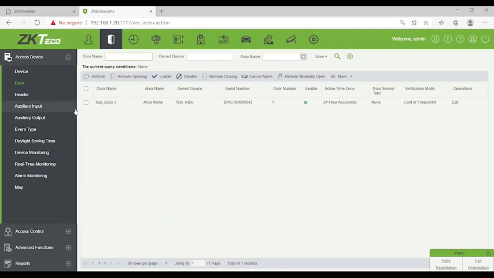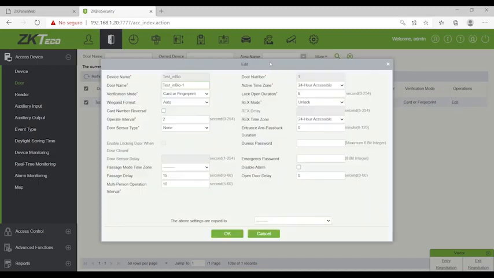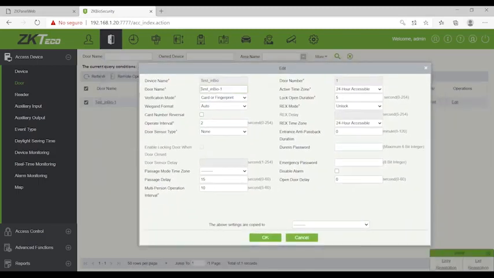Okay, here in door, if you click on edit, we have some changes that we can make to the door configuration. The most important are these. I can select the verification mode. In this case, I allow card or fingerprint, but it can be possible that on some doors, I only want